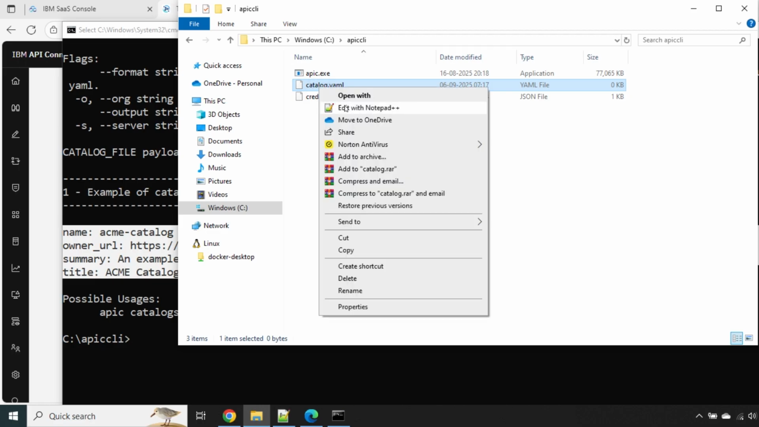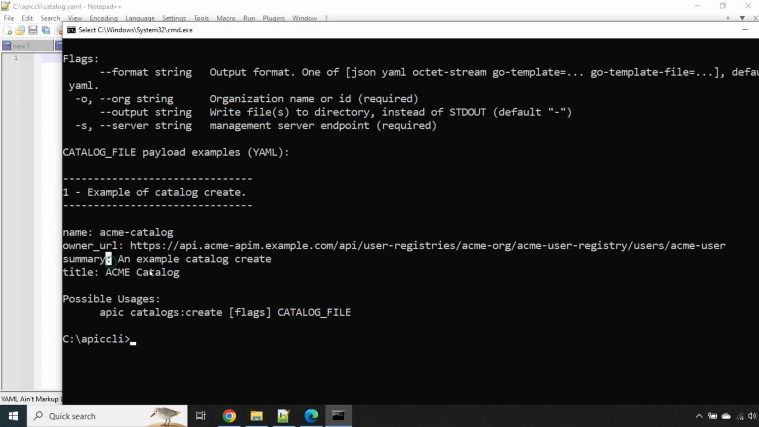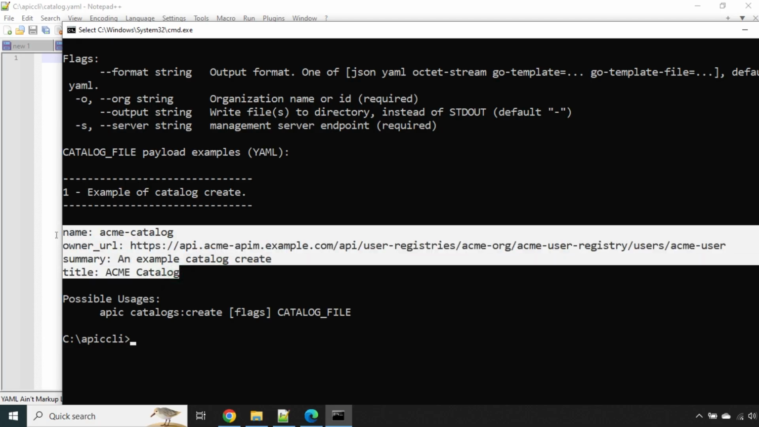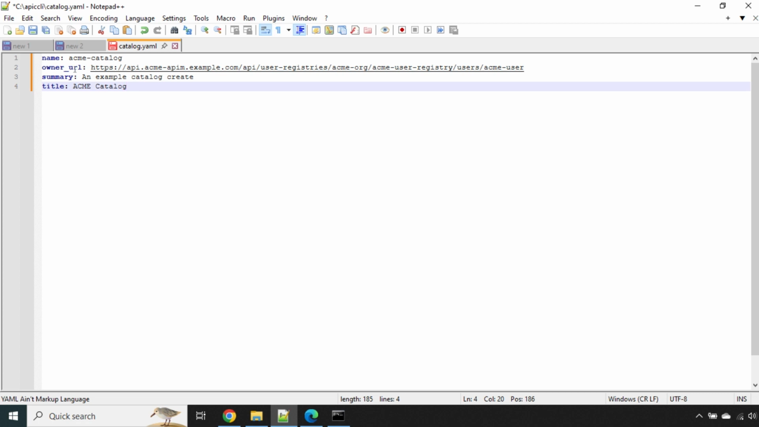Open this file and enter the contents. I'll just copy this and change the values. I'll make it as development. Catalog name is development. Title I'll give dev catalog,